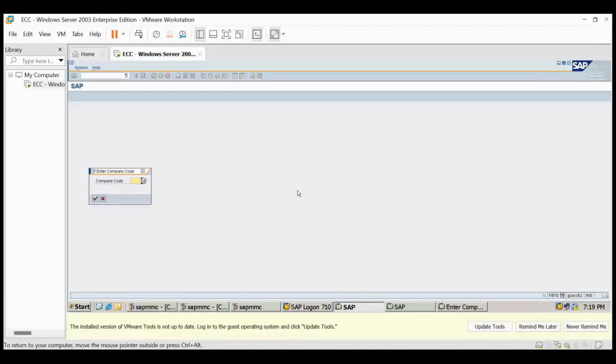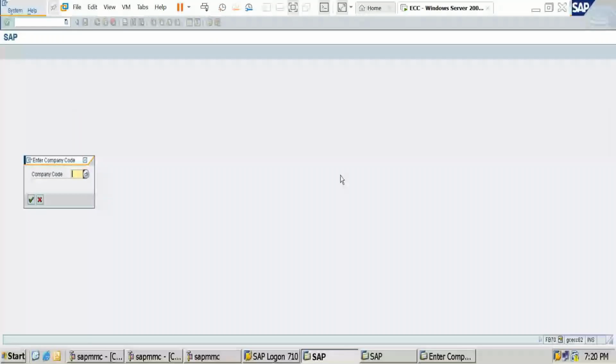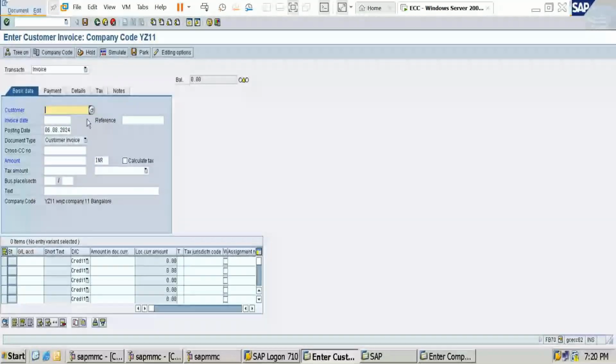Now it is displaying. Okay. Give your company code. Okay, fine. Enter customer invoice company code.